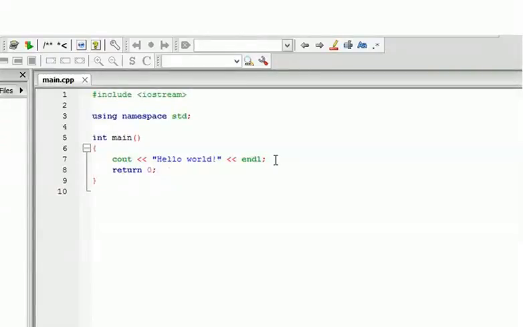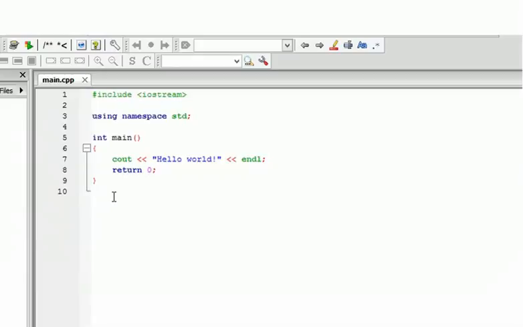So I said we'll be talking about functions. Basically, a C++ program contains a bunch of functions. This is a function, the int main function. So this program consists of just one function. So let's say we want to add another function, and basically most functions have to return